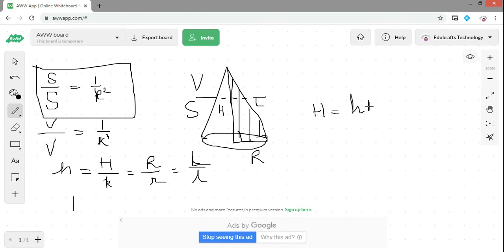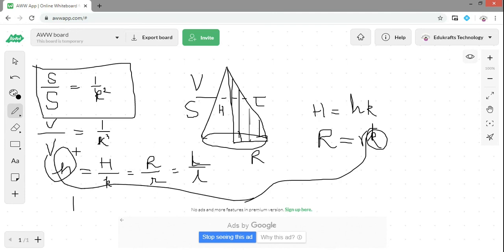So this is the height equal to hk, because capital H equals small h into k, capital R equals small r into k, and capital, yeah, see the relation. I just try to find out the relation, same thing with height, and this is the